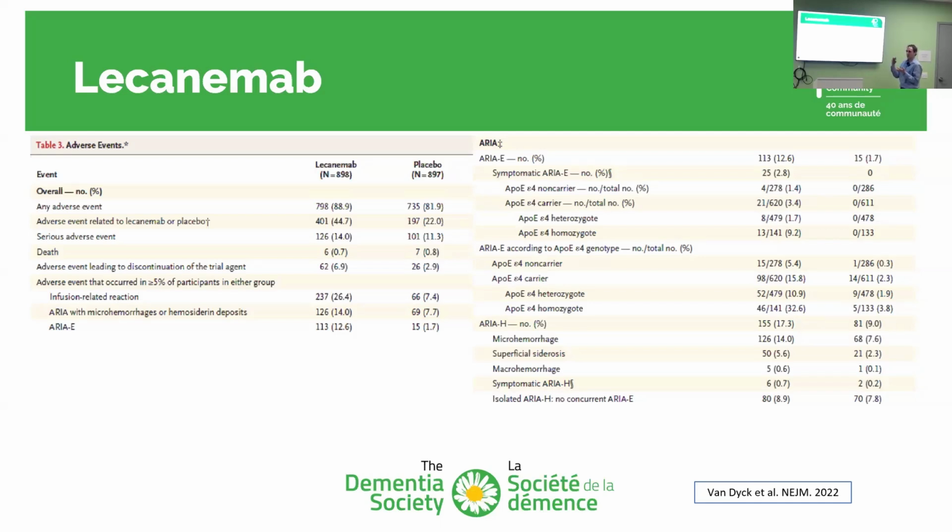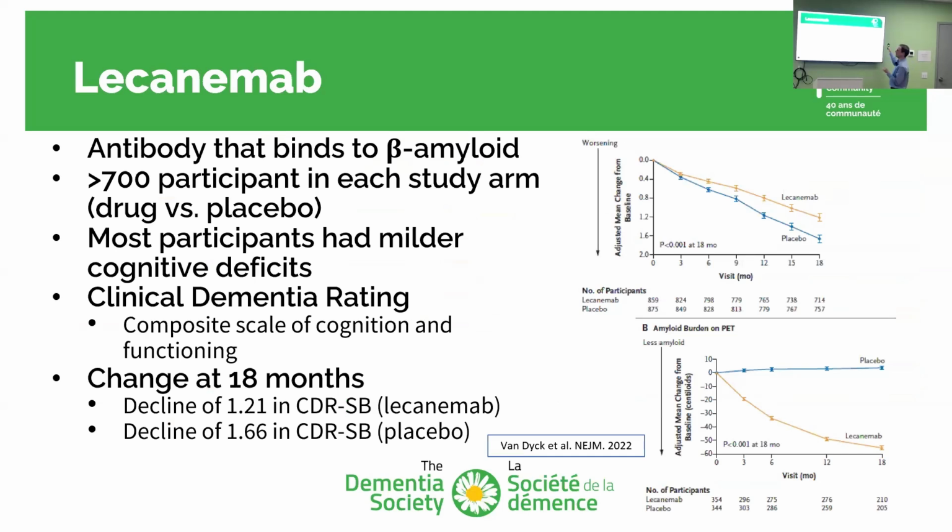So again, it's an expensive drug. It has a statistically significant benefit, but maybe only a small clinical benefit, and there are some more severe side effects. So the fact that Health Canada hasn't rushed to just approve these, I don't think it's a bad thing. And we're getting more real world evidence of how things work, right? So past 18 months, what's happening to this? Because if, as I said, this just comes back, then these aren't going to be as beneficial. But if we can show in the real world that 3 years from now, some of the people who are on the drug have not converted to MCI or dementia,